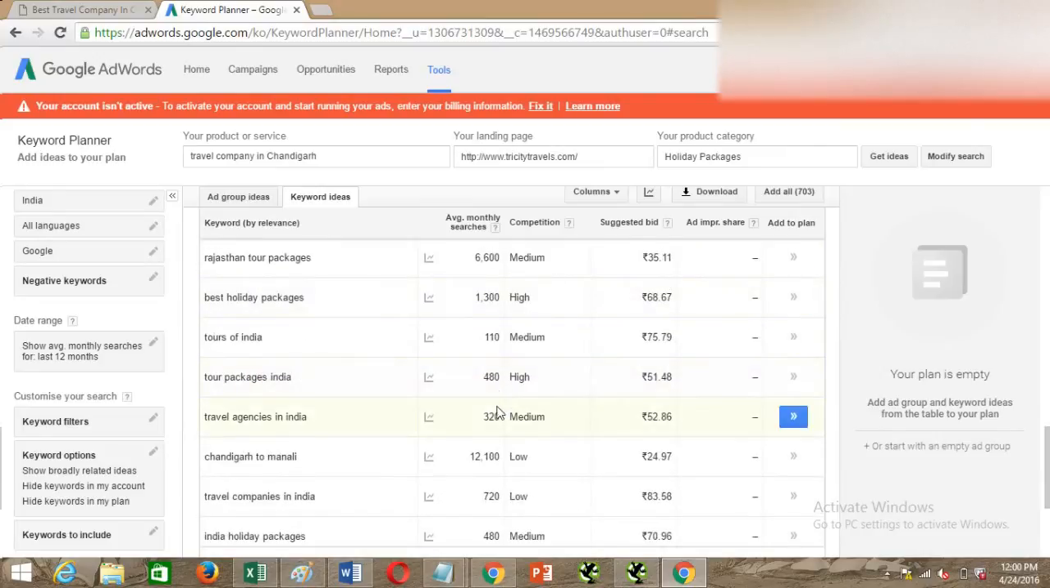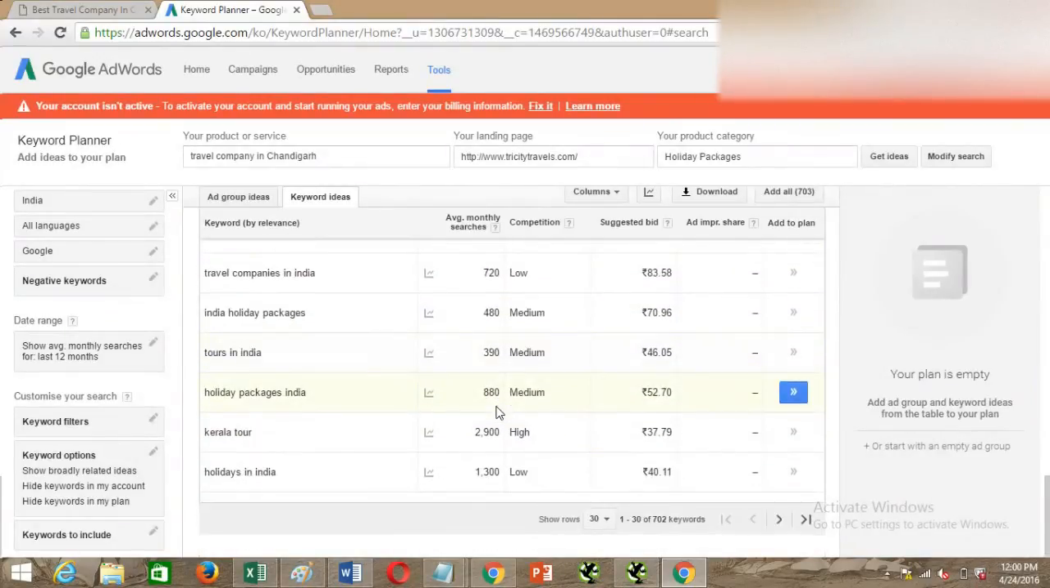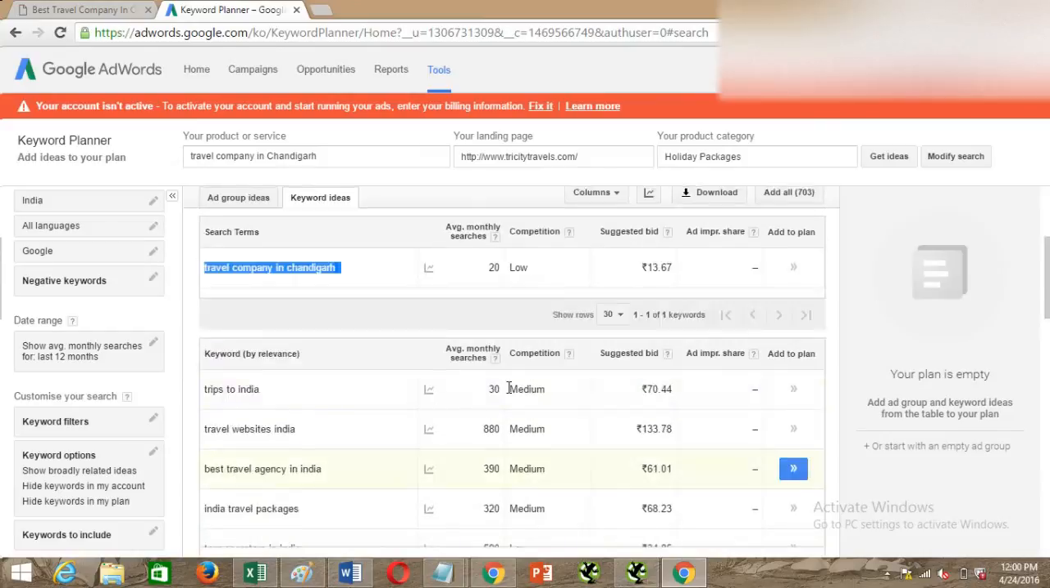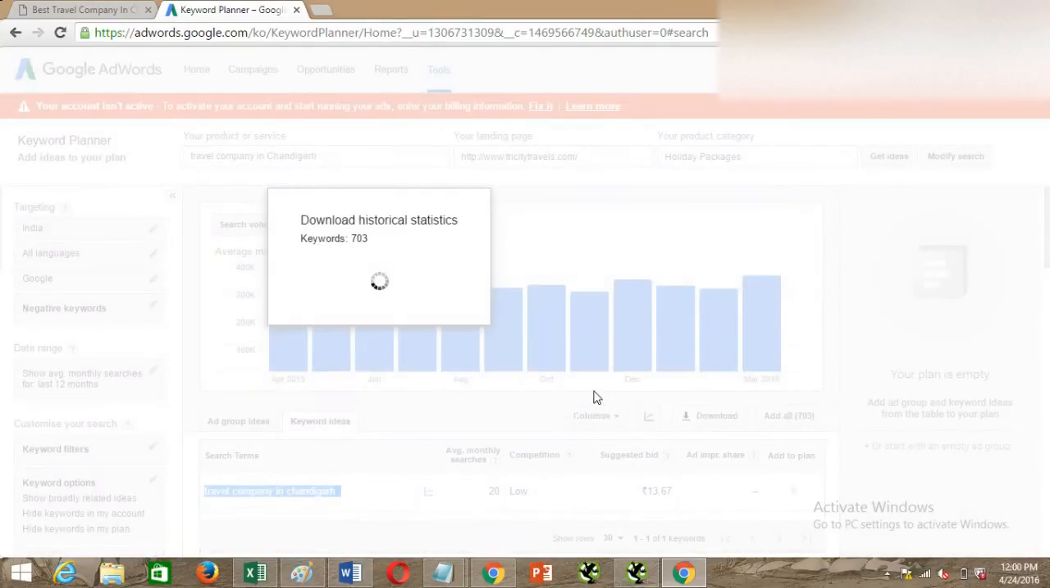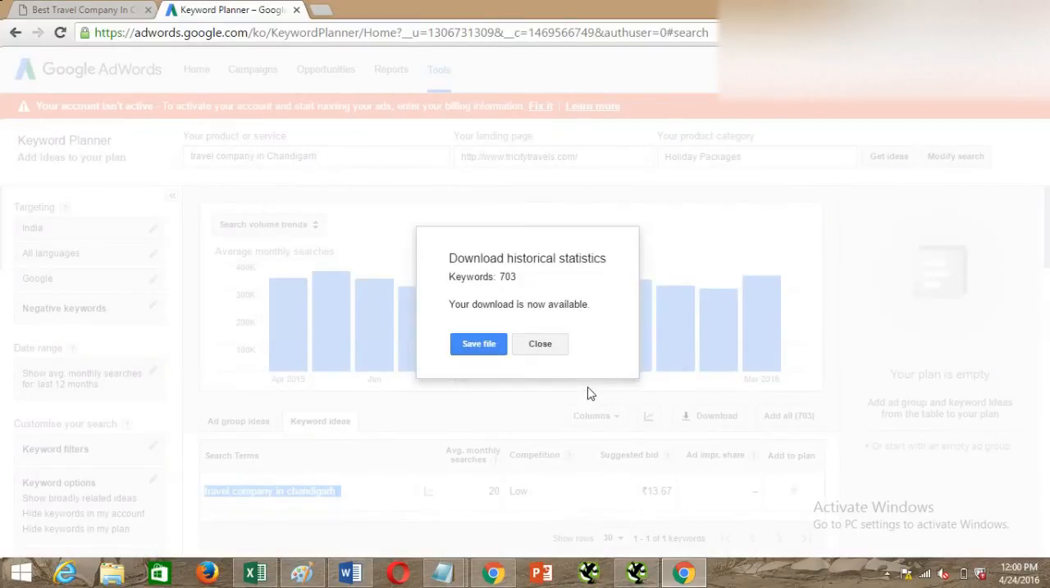suggestions that have been provided by the Google AdWords tool, and you can see there are 702 keywords. So you can sort them out, or you can even download these keywords, because it becomes difficult to review 700 keywords in one go. So this is the one shortcut that I'll be telling you to find the most relevant ones among these 703 keywords. So save this file